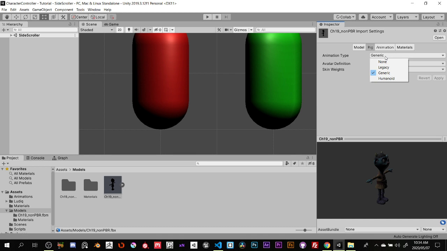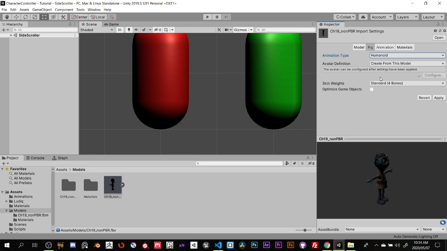Generic means any character that's not essentially a bipedal or two-legged character can be generic, so dragons, horses, dogs, that kind of thing. And then they added another one, because a lot of people do humanoid characters, they added a humanoid tab. Now Unity knows what humanoid means, and when it generates the avatar, the avatar acknowledges where all the bones and joints are in the character and assigns the avatar bones and joints to that, so that if you want to do ragdoll physics, or if you want to do anything else,